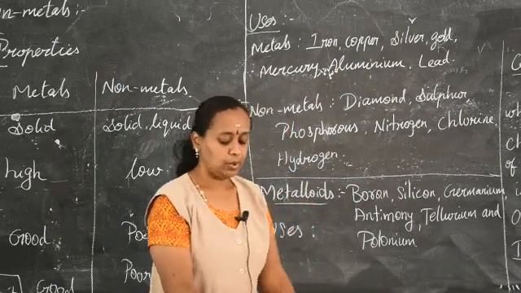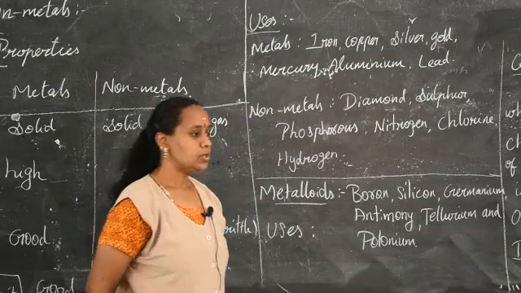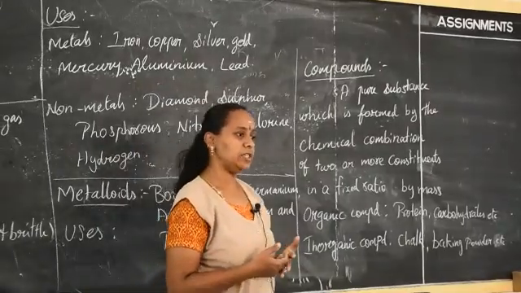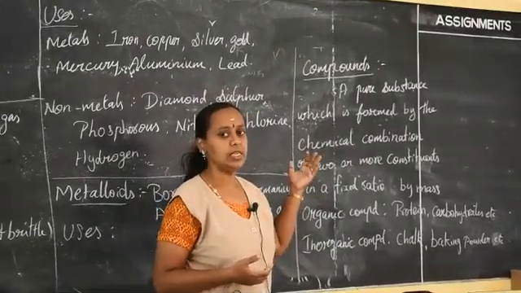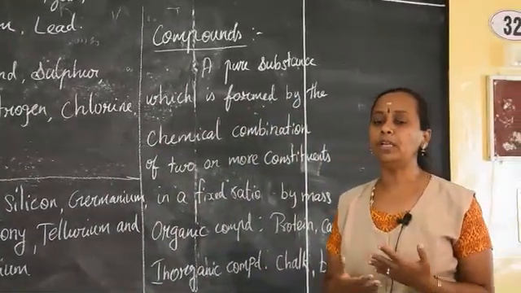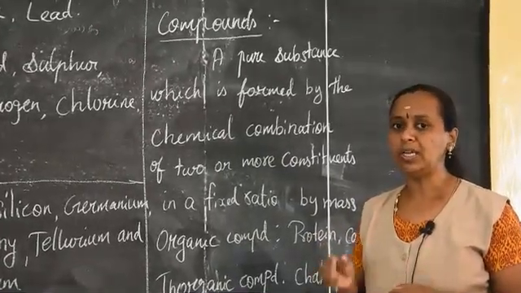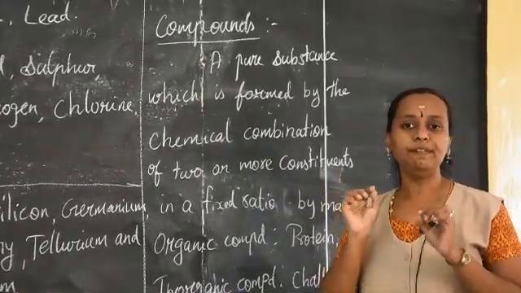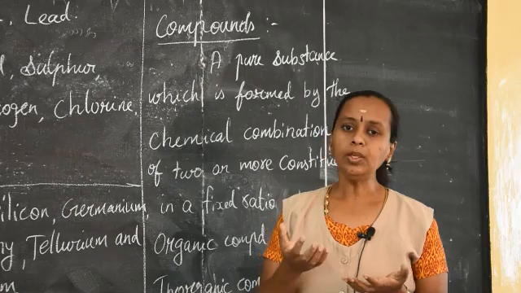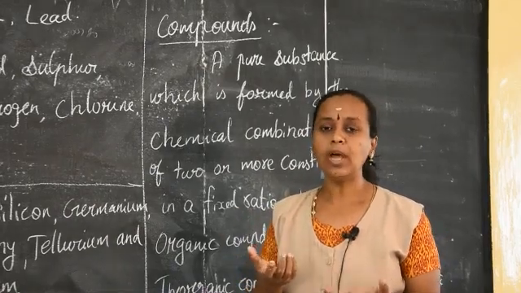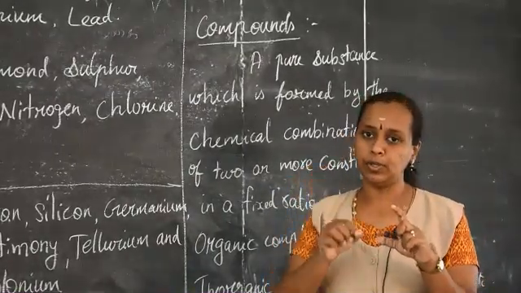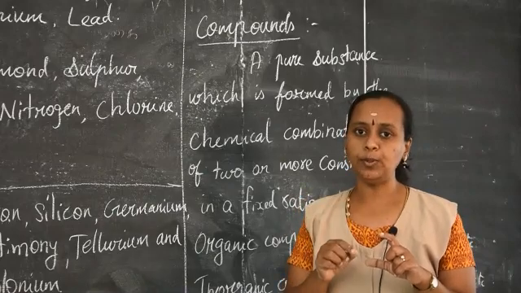The next topic we are going to deal with is compounds. We use the words compounds and mixtures in chemistry. So what is the main difference between compounds and mixtures? First I will tell you what a compound is. A compound is a pure substance which is formed due to the chemical combination of 2 or more elements or constituents in a fixed ratio. The mass will be fixed. If you prepare lemon juice or a coffee, you have a fixed ratio of the constituents to be added. For 1 tumbler of milk, you will add 1 spoon of coffee powder or 1 spoon of sugar, like that.